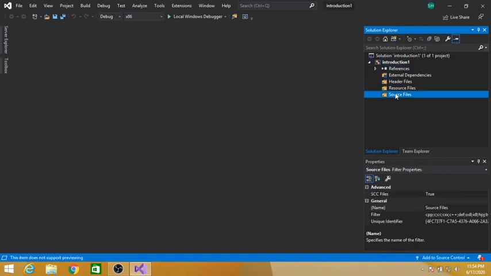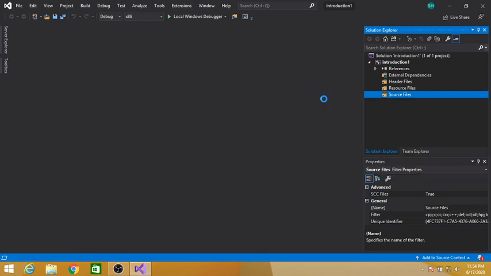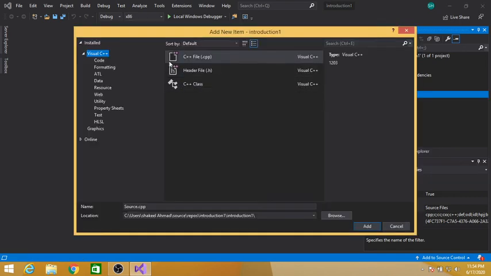Now click on source file, right click on it, add new item. I'm going to add a .cpp file. This is the extension of a C++ file, .cpp. Here we can name our file.